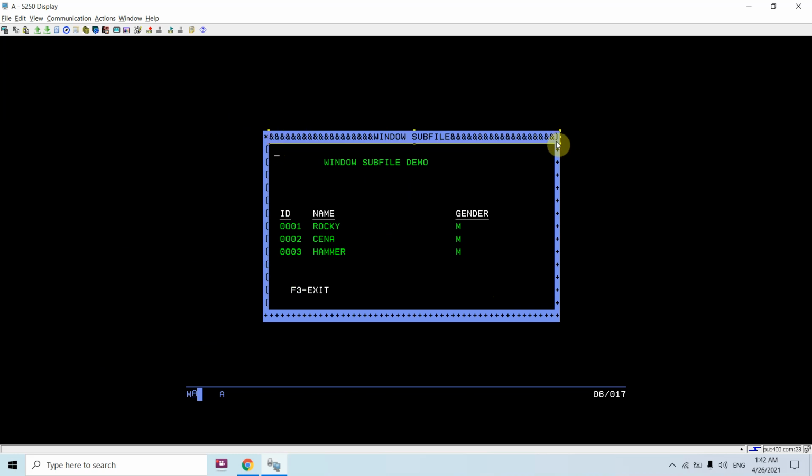You can see all those characters are used to make up the borders of this window subfile.